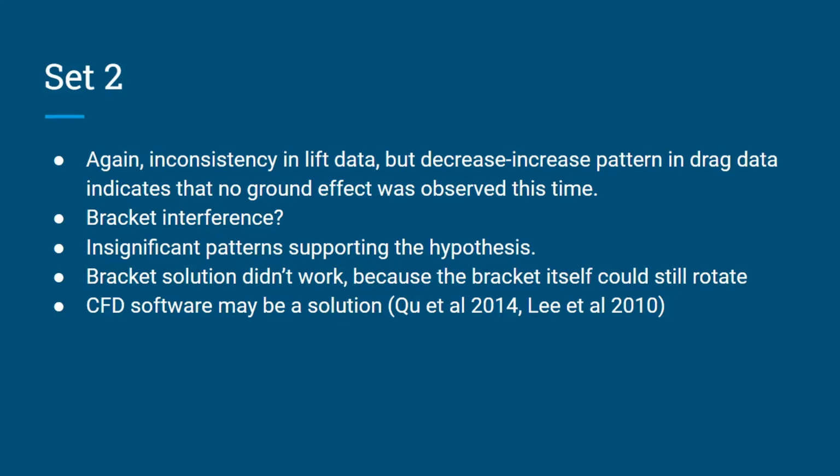That's because the bracket was actually still rotating, as I found when I had to adjust it repeatedly, relative to the test arm, just because the test arm wasn't meant to handle the kind of torque that the adjustable bracket was putting on it. So overall, I don't think this method of analyzing ground effects is especially practical, and something like computational fluid dynamics software may be a better way of